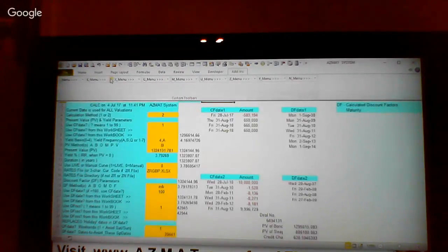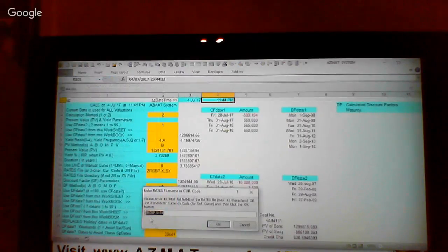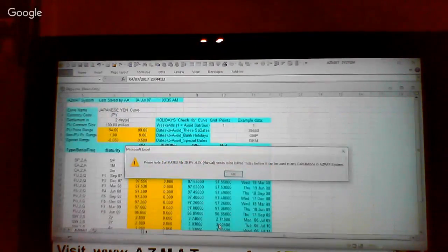I'm going to open a particular curve, for example, open curve per view. Last time I had used the zrgbp.xlsx file, so it prompts me with that one. I'll put in, for example, JPY, Japanese yen file, opening for view. Now it has opened the file zrjpy.xlsx, and it says, please note that the rates file,